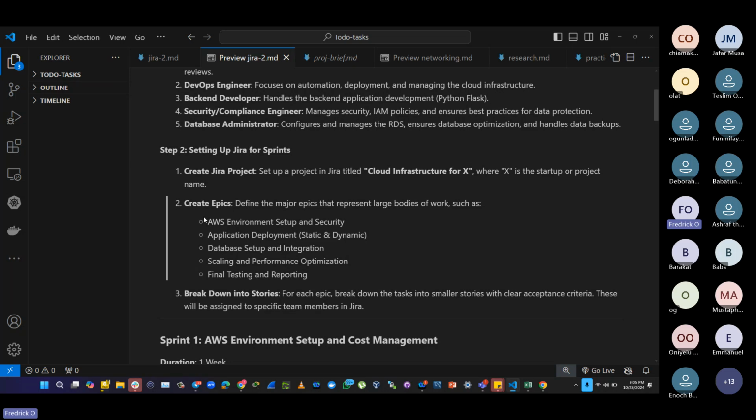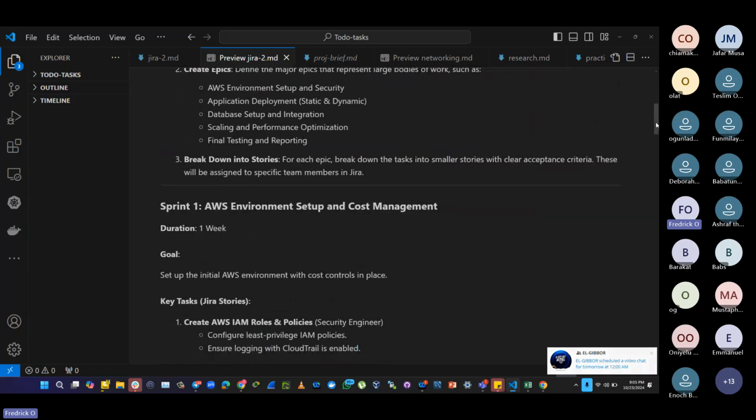This is one epic, this is another epic, and inside each of these epics, you can break it down into stories, or what we call smaller tasks. Right now, it might not make sense until we start doing it practically.